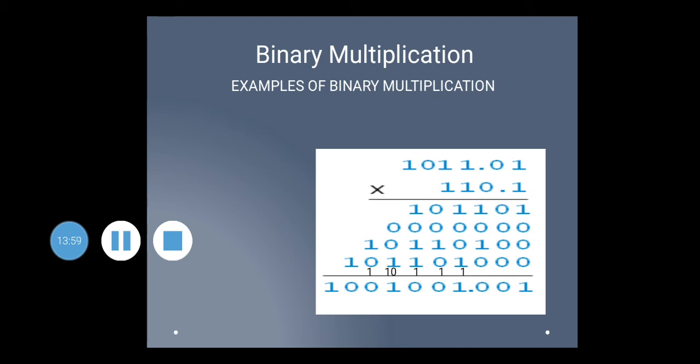Now here, while multiplying, you have to always remember the first number is 1011.01. So here the decimal point is after 2 digits from the right, and in the second number 110.1, the decimal point is after 1 digit. So this is the trick to remember. You have to remove the decimal points and multiply both the numbers and find the answer as the result. So the final result is shown here,